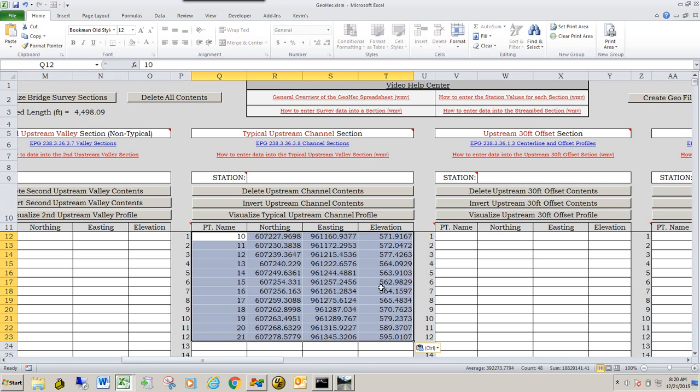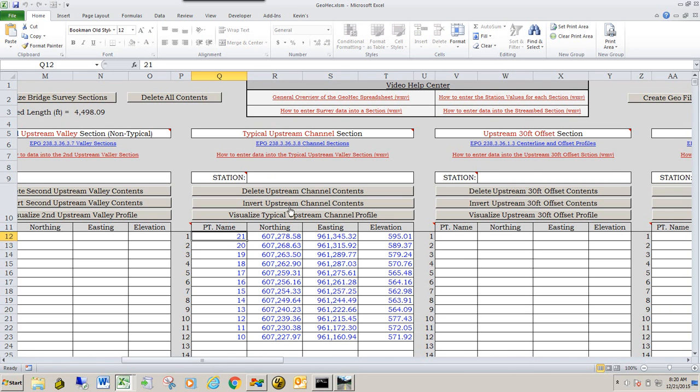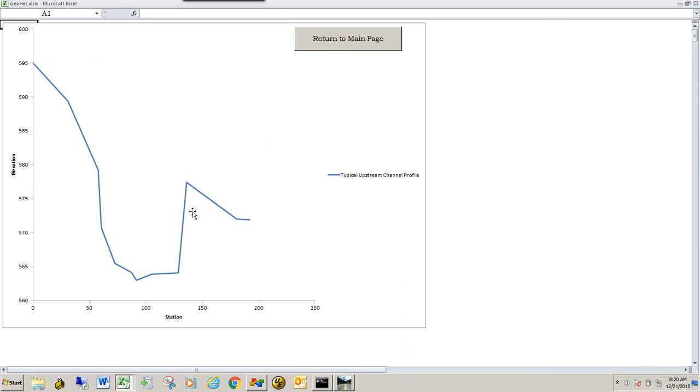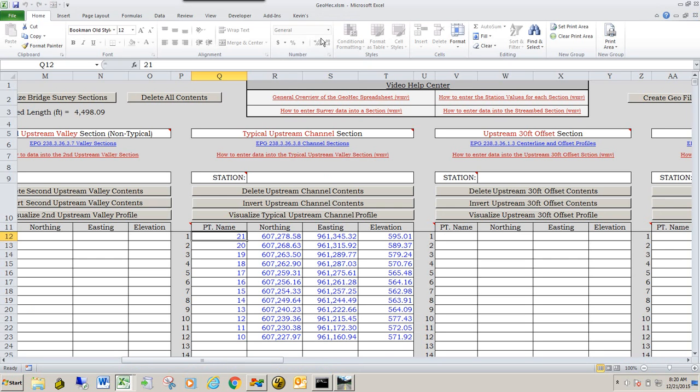Now remember, this data was entered from the right to the left. It needs to be left to right. So all you have to do is invert the upstream channel section. And then we're also just going to go ahead and visualize it to see what it looks like. And that looks good. So we're going to go ahead and return back to the main page. And now we're going to enter the station. Again, the stationing is the intersection of this typical upstream channel with the stream bed,